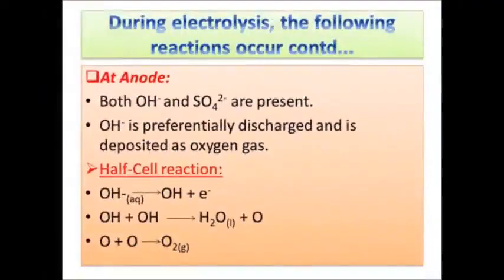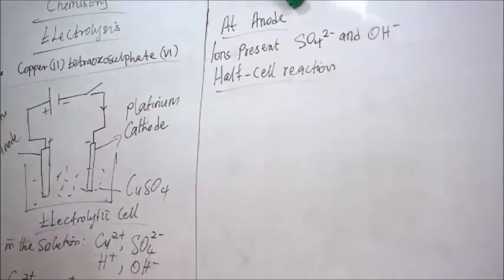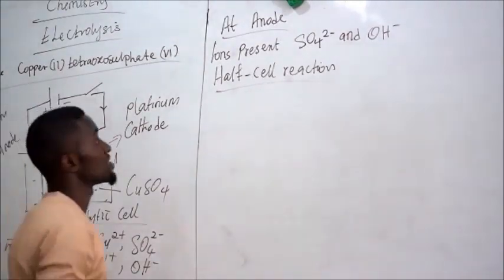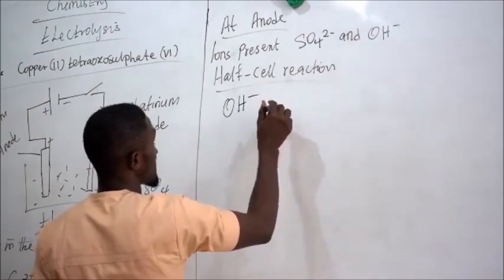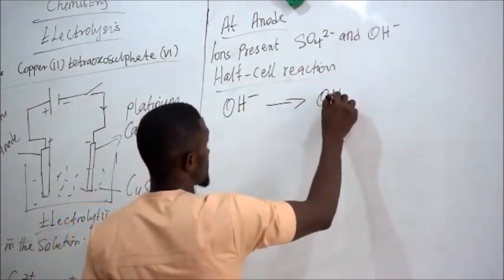at the anode we have the ions present. The ions present include sulfate ion and hydroxyl ion. Now, what is the half cell reaction? Let's take the ion that is preferentially discharged at the anode. If you recall our electrochemical series, you can easily observe that the hydroxyl ion is lower in the chemical series than the sulfate ion. So the hydroxyl ion will be discharged, and here it loses electron,